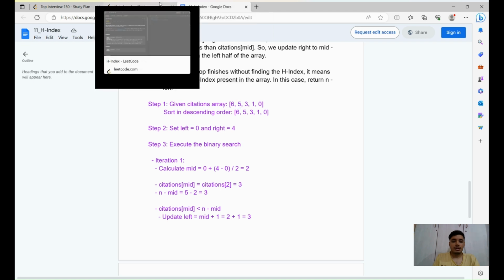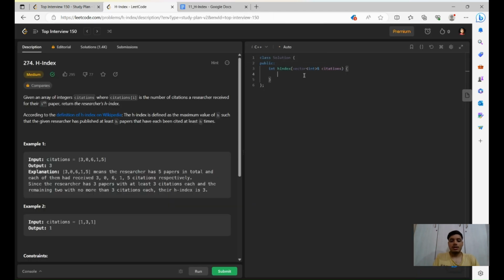So now let's try to code this. As we have to take two pointers, first let's take n, which is going to be our size, and let's take citations.size. Now we are going to take the two pointers, start equals 0 and end equals n minus 1. Now we have to sort this array. For sorting, we are going to use sort with begin,